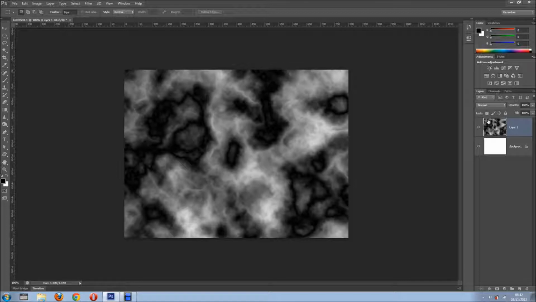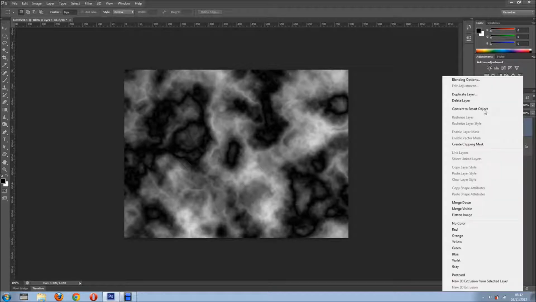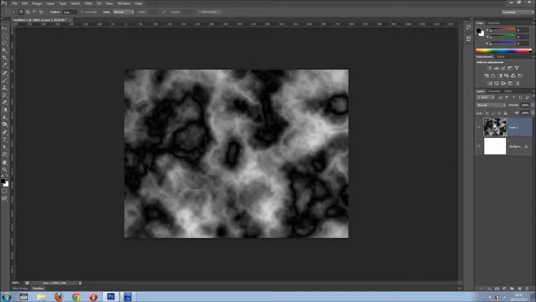So there you go. So now what I want to do is right here I want to right click and convert to smart object, and I want to click right here on the icon, because I want to edit the smart object. So double click, and as you can see now we have right here on top layer 1.psb, which